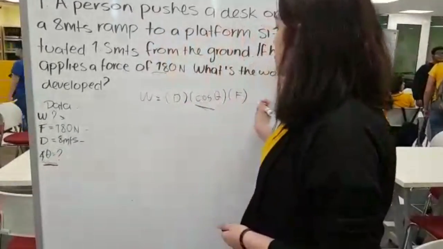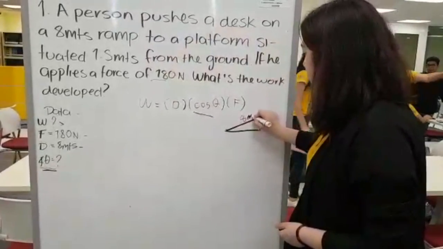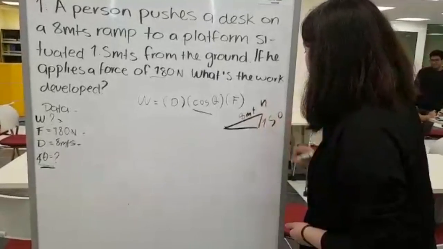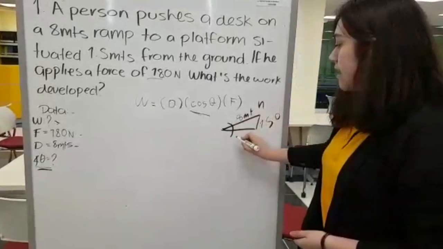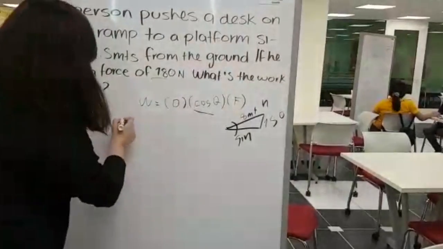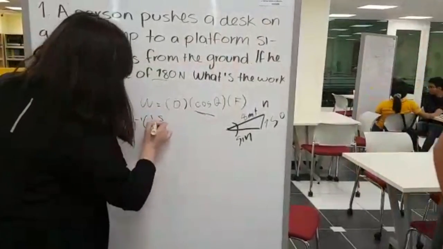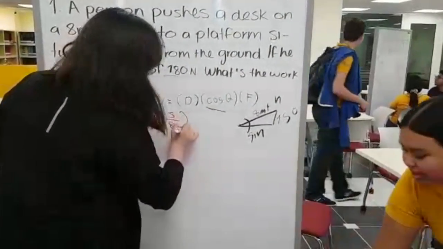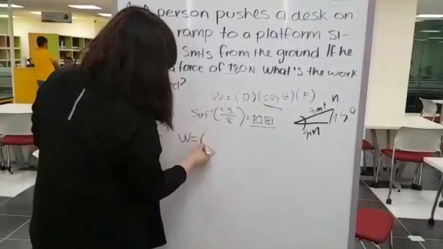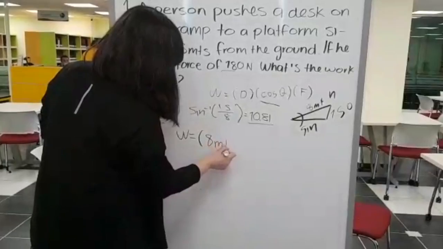For this, we have a triangle that is 8 meters on the hypotenuse and 1.5 the opposite side. So we have to find the sine. Now, to find the angle, we have the arcsine of 1.5 over 8 equals 10.81. Now that we have all the values, we just have to put them in the formula, which is work